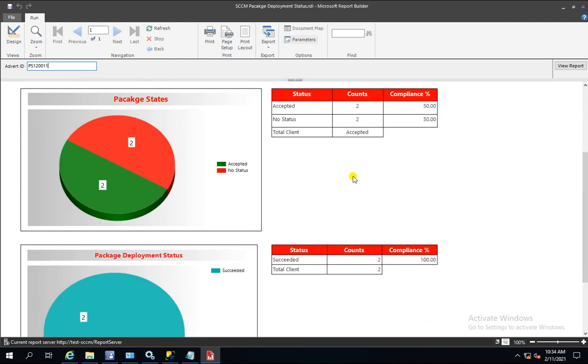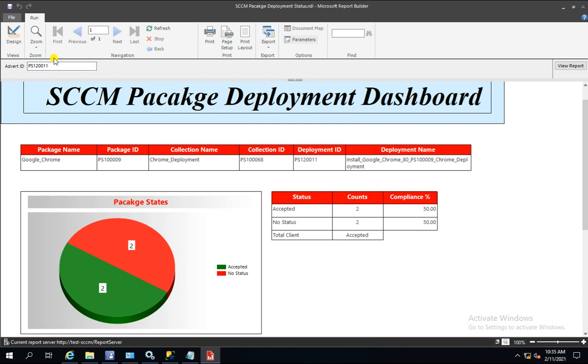If it were three machines, it would show the details for three machines. When you deploy a package, there are two situations: the policy will reach the client or the policy will not reach. So the policy reached two machines and didn't reach two machines, so in total we targeted four.